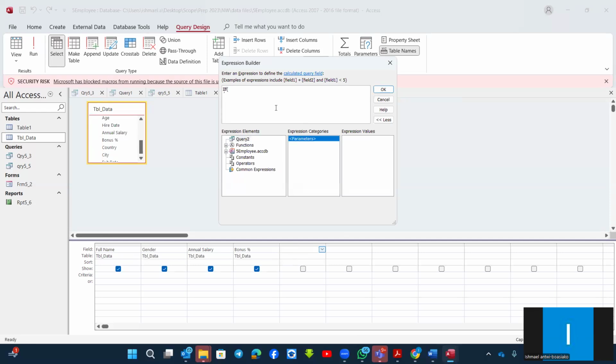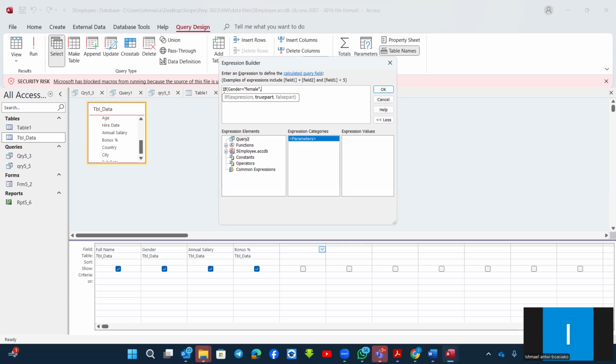So if the gender, you start typing gender. If the gender is equals to female, then comma,